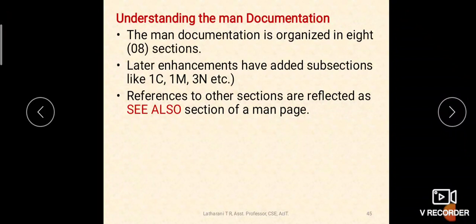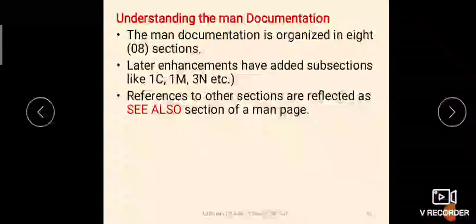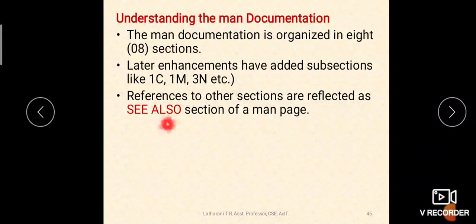Similarly, here if you open a command, then the similar commands which can be used with that command will also be available in a section called see also. You should see also these commands, okay. So, that is the meaning of see also. In the man page, suppose you have opened ls command, man ls, then in that see also section may have the commands which are related to ls command, okay.